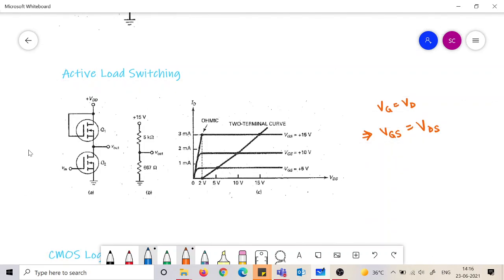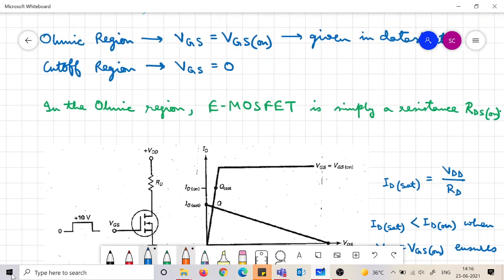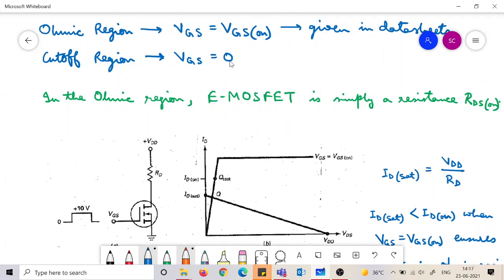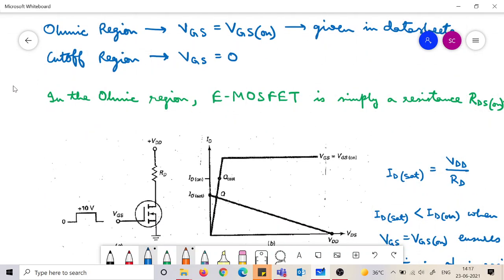Like you have your active regions. So you have VGS equals to 0 as the cutoff region, and VGS as some positive value as the ohmic region for NPN type. Now for the PNP type, what would happen? VGS having a high negative value would be a cutoff region, and VGS equals to 0 would be the saturation region. Okay. Sorry, I am talking about